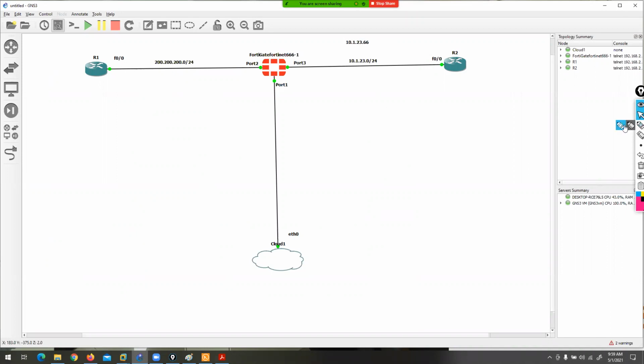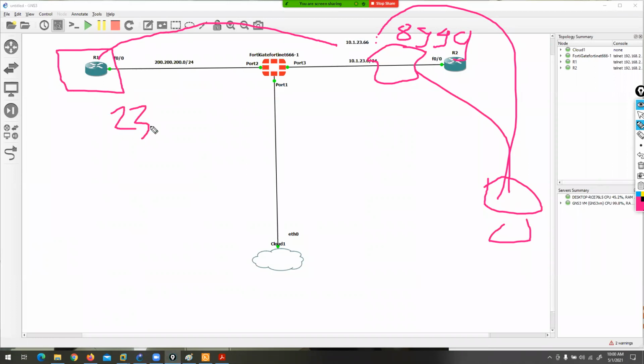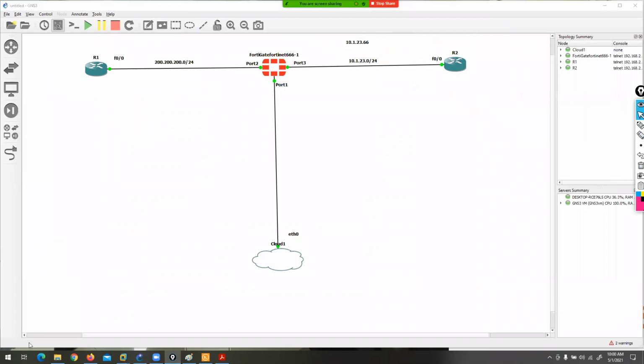If anyone from outside hits this public IP on port number 8999, then I want to redirect the traffic to this router on port number 23. Any problem? This theoretical portion is clear. We already discussed this kind of scenario. Clear?